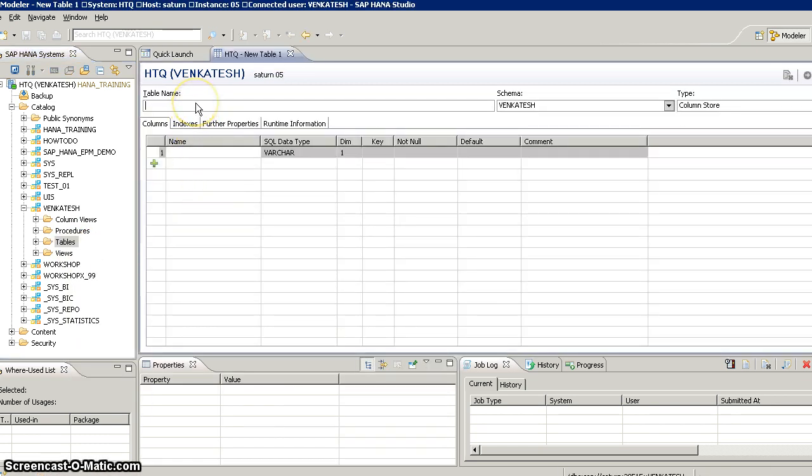Now you can see the first thing you can do is give a table name. The table name should be unique in your schema. That means you can have the same table name in different schemas, but you cannot have the same table name in your schema more than once. So I'll select the table name box and I'll write the complete name,